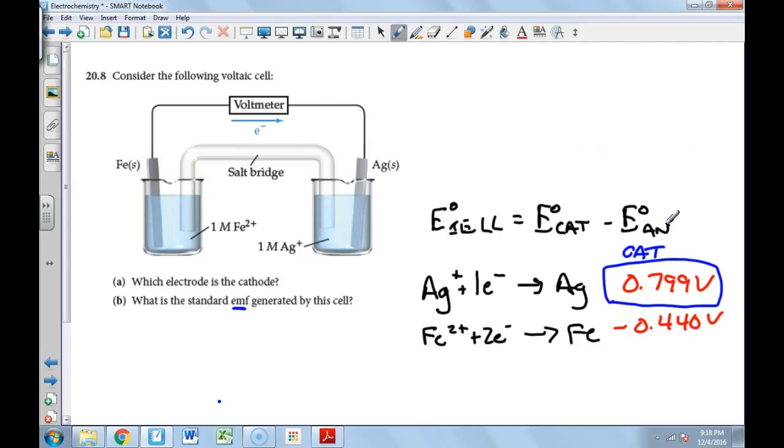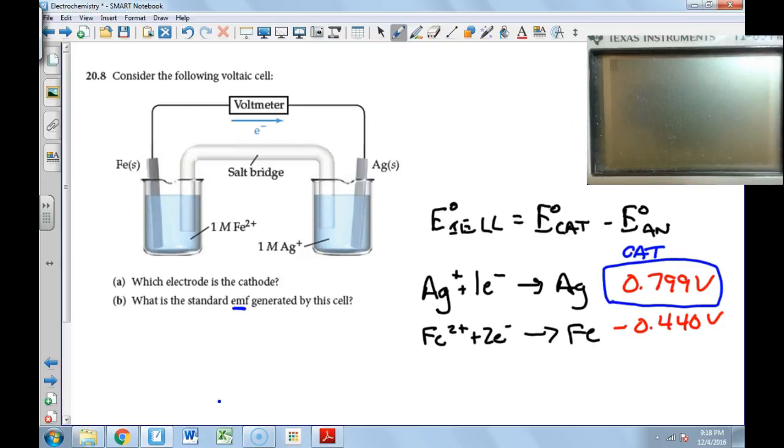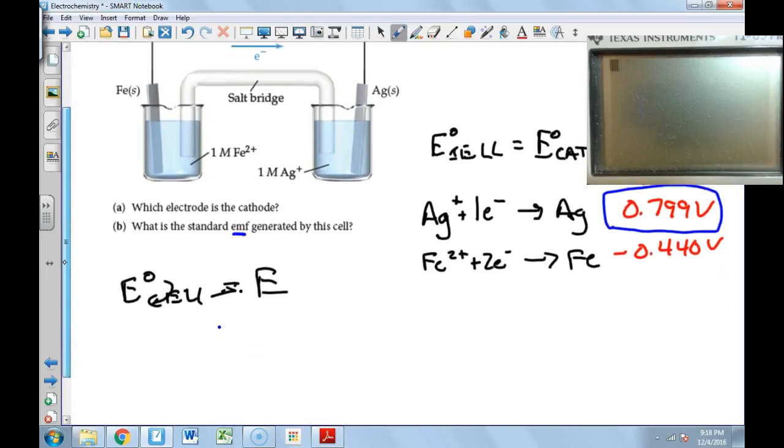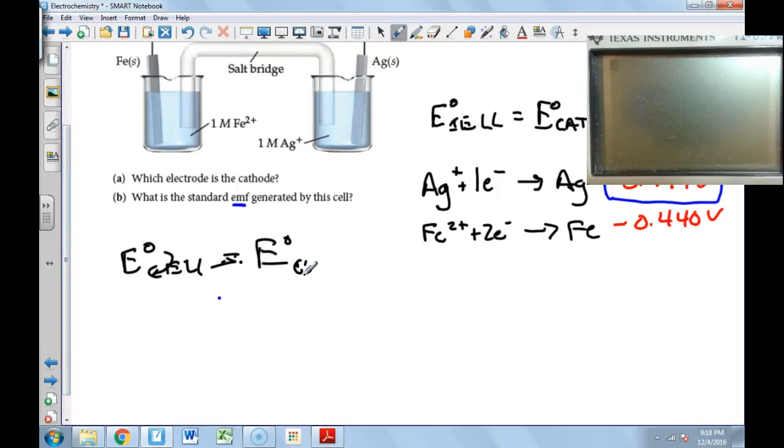Once we have this, it's straightforward, but I could still call up my calculator. The cell potential, E naught cell, where naught stands for standard, equals E naught cathode minus E naught anode. So it's 0.799 volts minus